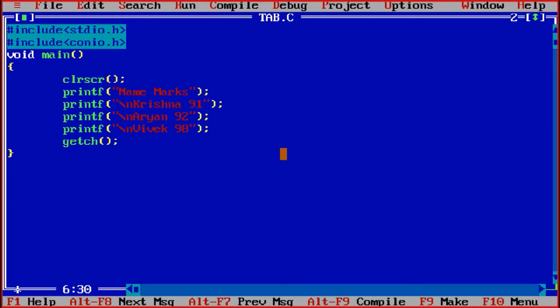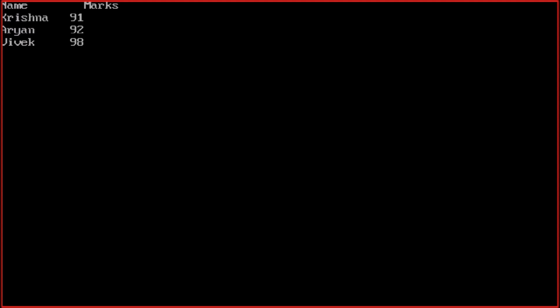I am giving the space. One more thing, I can give the space like this by myself. I can provide a few spaces, it is my own wish. And whatever space is in between, the compiler will take it because all of this is taken as space. This space is also a part of the characters. The compiler will just take it because everything is in double quotes, so the compiler will take this together. Now Control F9, the output is coming like this. The space is coming, you can see that.